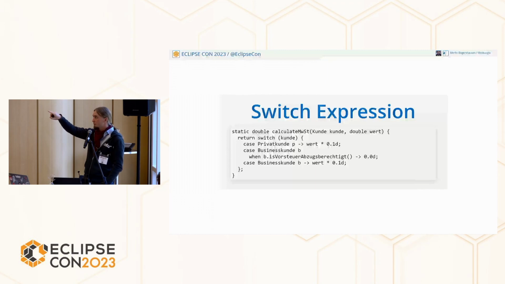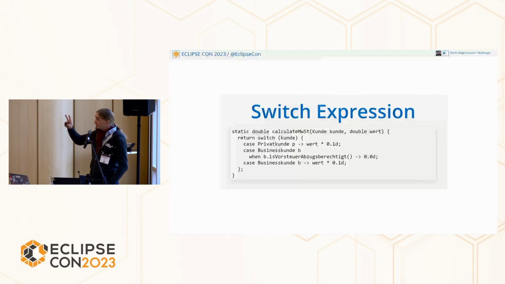And it also works with the when clause. If we delete the last line, business Kunde B, without the when clause, the compiler throws an error at us. It's not exhaustive here. Add the missing branch or a default branch. And never add default. Never. Because this way, if we introduce a new type of Kunde, the compiler tells us, you missed it. You have to introduce a new branch here because you introduced a new type. So, type safety at compile time and not only at runtime.